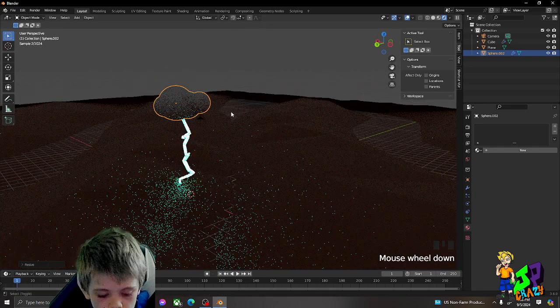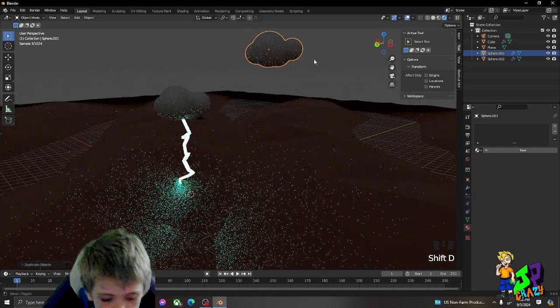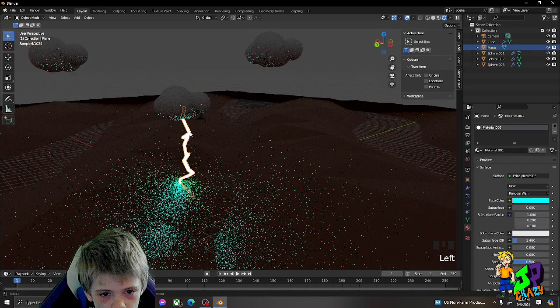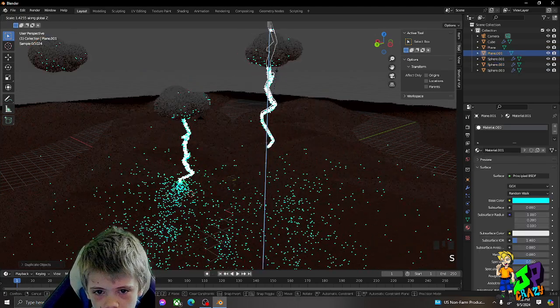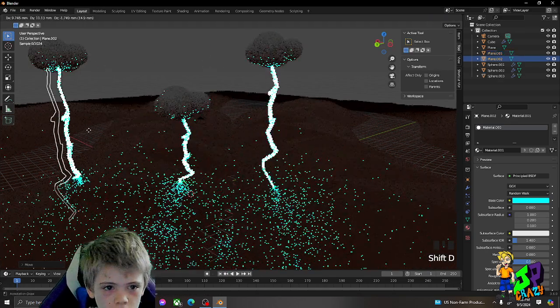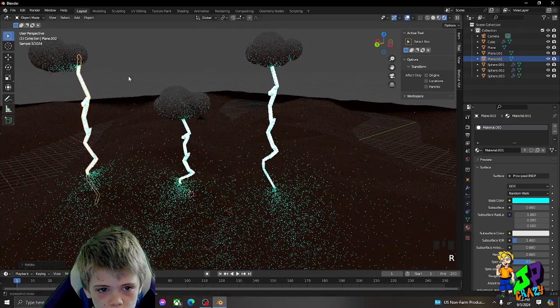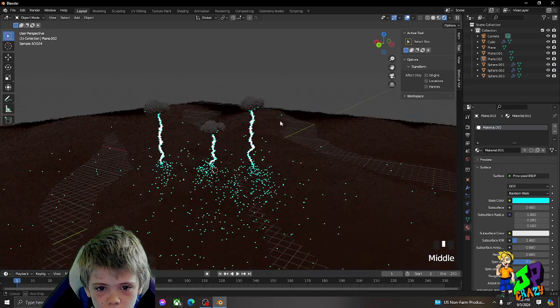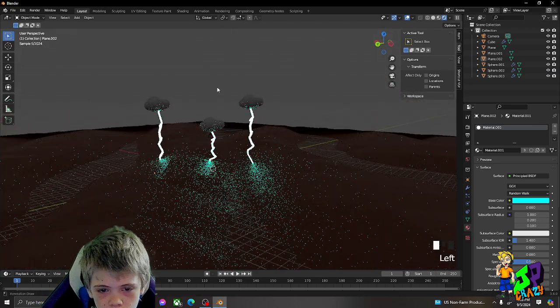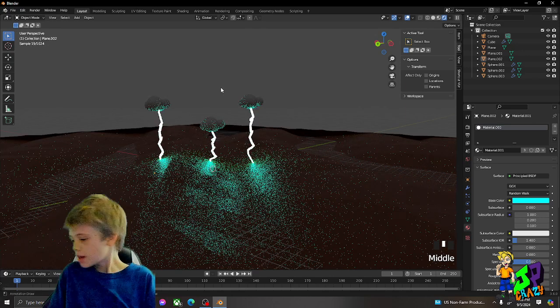Cloud. And then maybe add a different cloud. And then add another one. And then more lightning. Boom. That's how it's done.